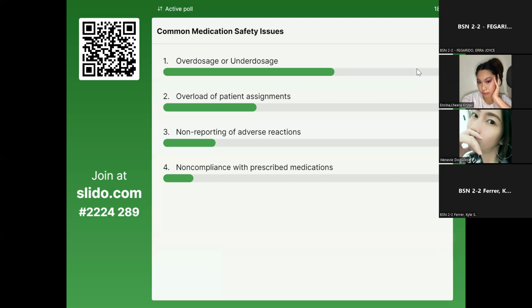Pero somehow we really need to take into consideration na yung capacity of one nurse can monitor a certain number of patients. Kaya when we administer medication to our client, it is definitely our responsibility to monitor if there are adverse reactions. But there are some situations that it may not happen simply because it will just be in the form of instruction to either the patients themselves or through the relatives of the patients.